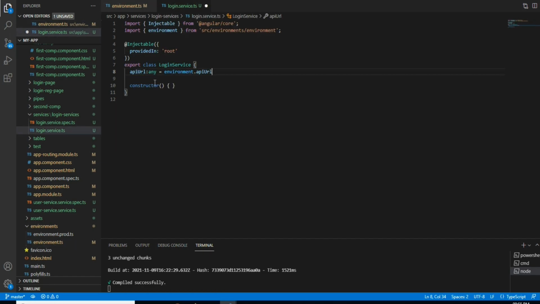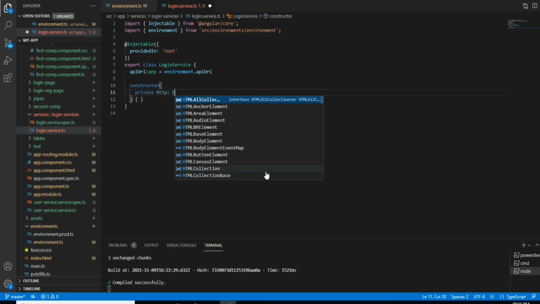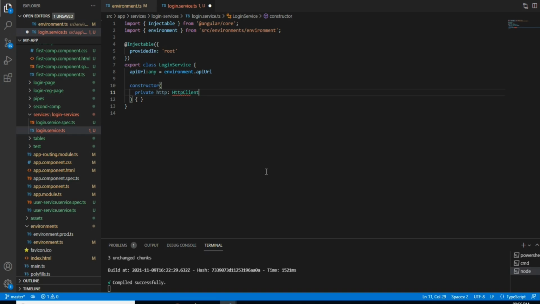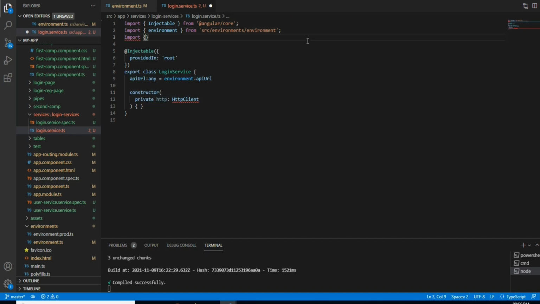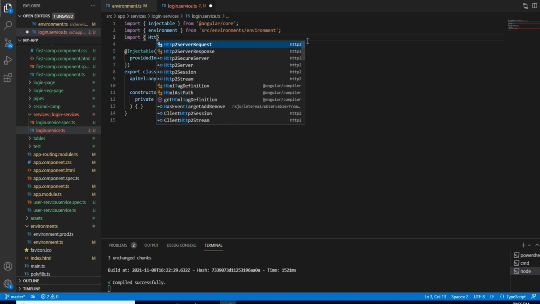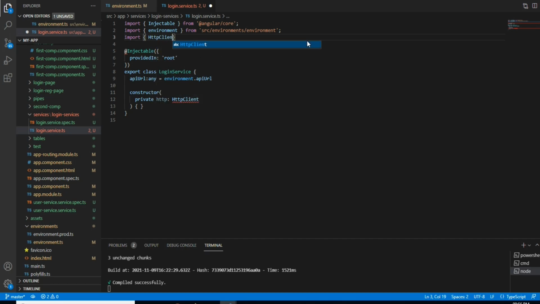Okay, now again I need an HTTP client. I need to include it as private in the constructor, HTTP client with capital HTTP. I think it won't come like this, so I need to import it directly. We'll give HttpClient. Okay, it's not coming. I need to include it completely, I think.